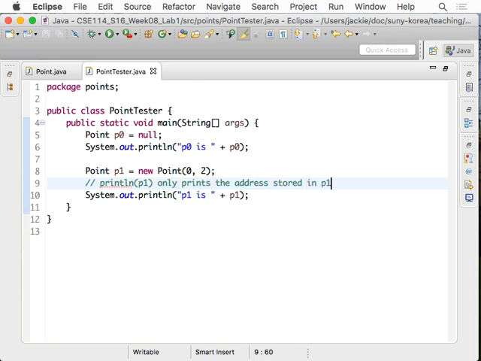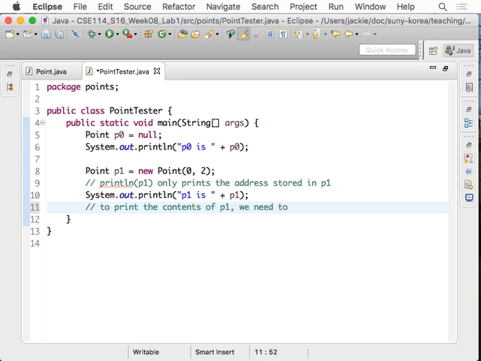If we want to print out the contents of the point, let's say x and y, we need to get access to the attributes. To print the contents of P1, we need to access the attributes. Okay, don't worry, I will give you time to type when I'm done. So